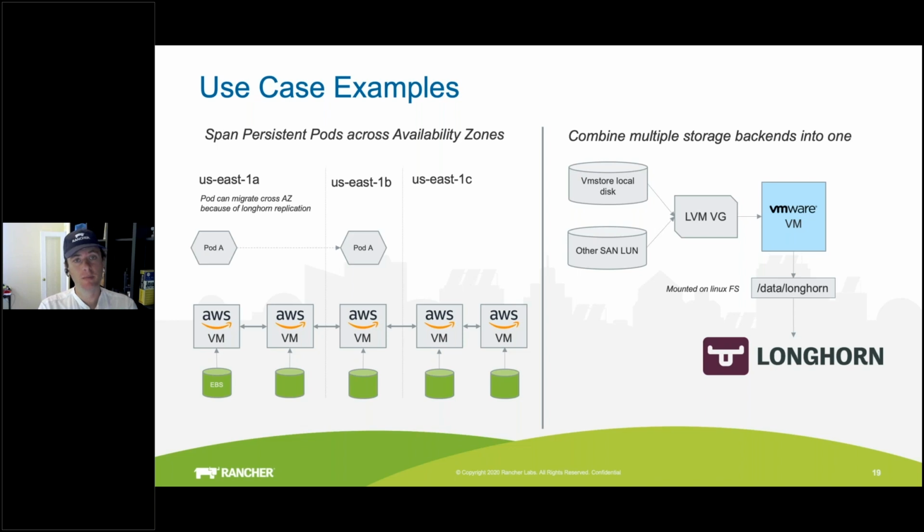But because LVM then spans both of those and presents it as one logical file system, Longhorn can consume all of that data very easily. It's just writing more sparse files out. So it's really cool how flexible and composable it is, because I don't have to say, well, I already sized the disks and now I have to unmount that disk and resize it. I could just throw more volumes into it hot, online,